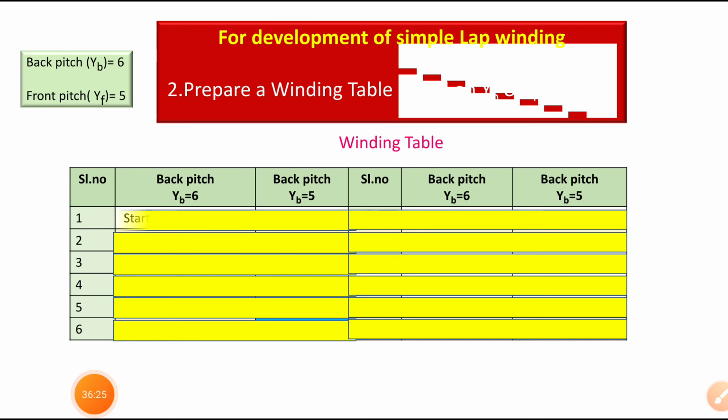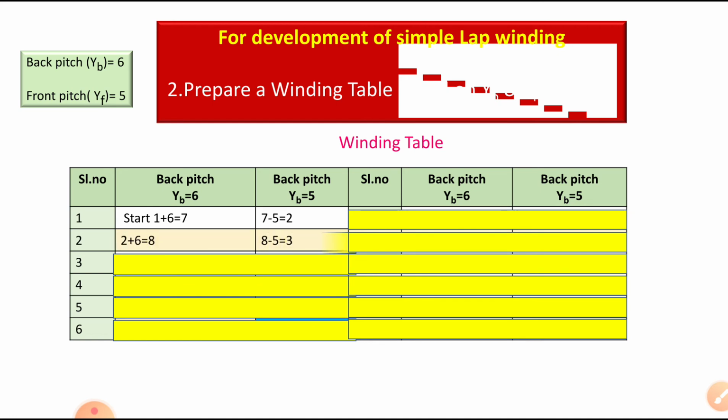Now you can see, starting at slot 1, conductor 1. Back pitch added: 1 plus 6 is 7, and 7 minus 5 is the front pitch. You can go see 5 and 2 conductors. 2 plus 6 is 8, 8 minus 5 is 3, and 3 plus 6 is 9, 9 minus 5 is equal